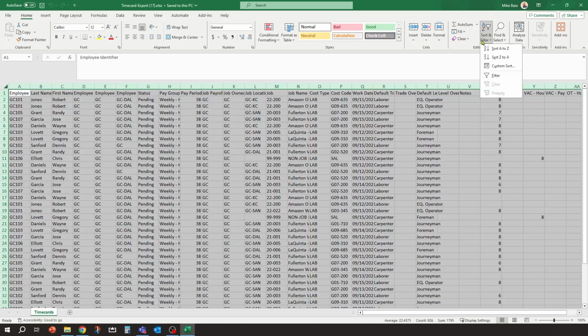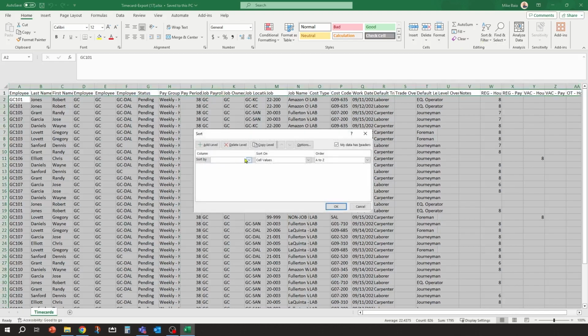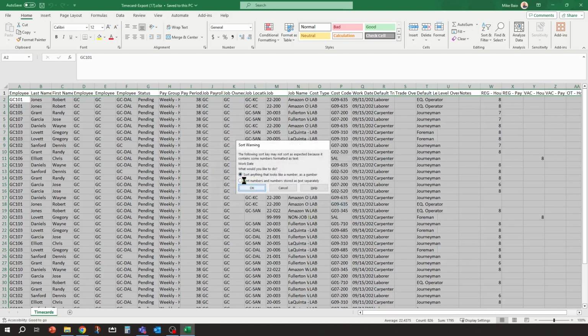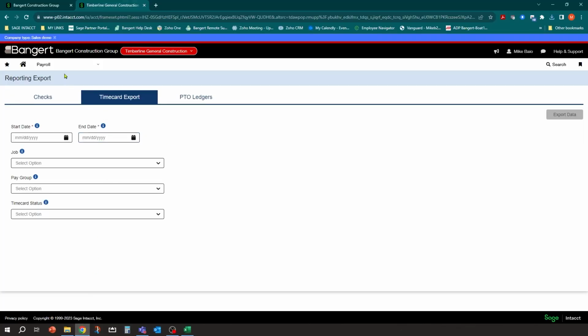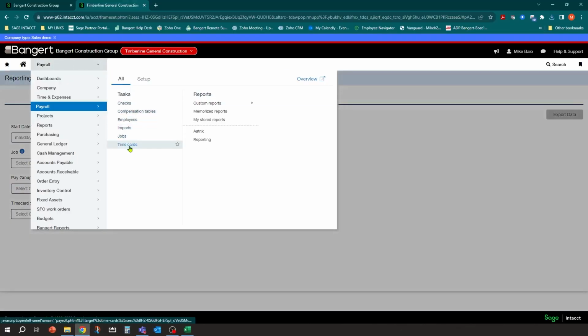I mean, you could sort it. We don't have to give you an Excel lesson, but you can sort it by employee, then work date, something like that. And you could get the data in the way that you want them in the system. Okay. So you can do that out of the box before you even approve the time in there. You can also go take a look at that time right in the time cards.